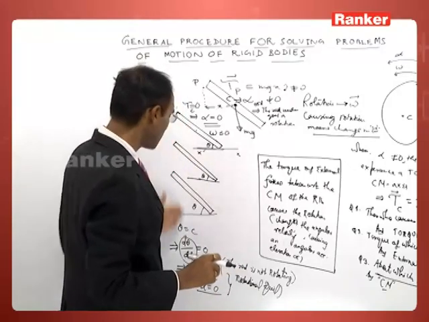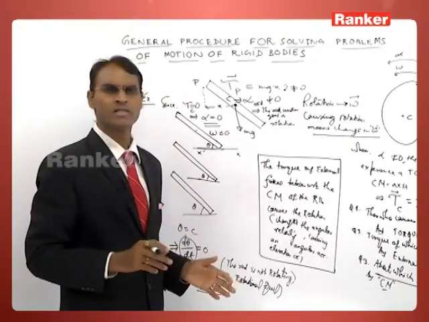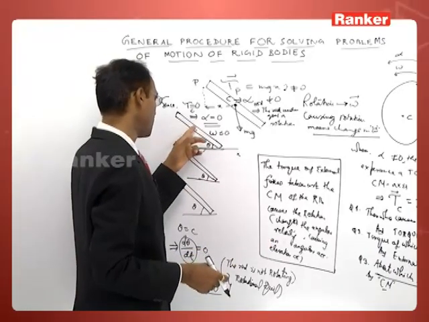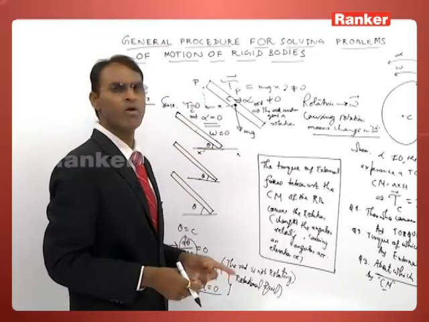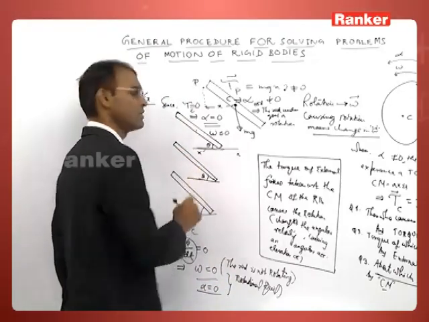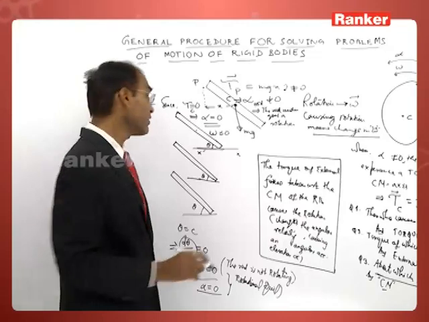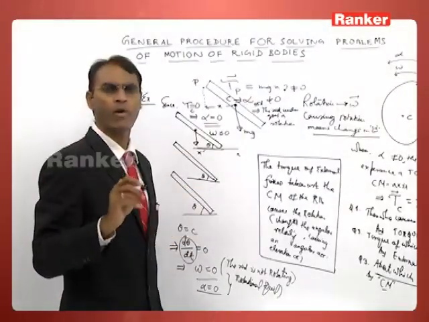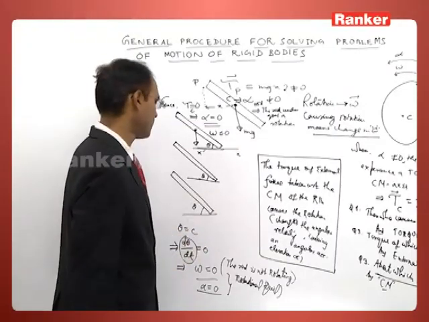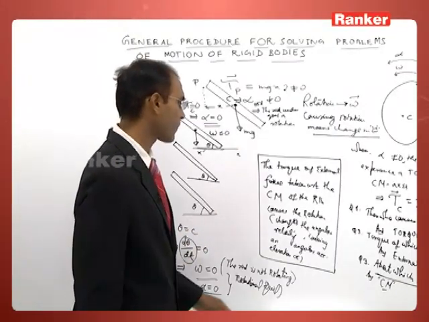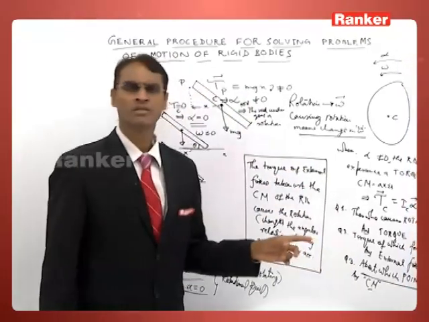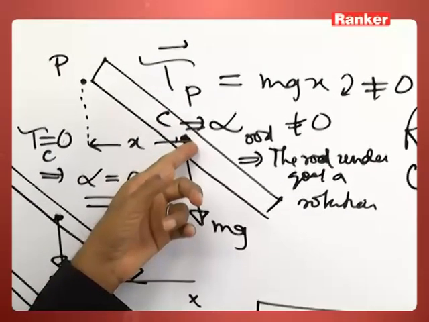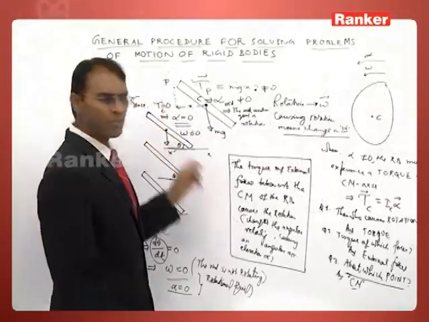But practically, when the rod is falling, it is not getting any angular velocity. Its angular velocity was 0 and will be 0 all along its motion, even though gravity is acting and producing a torque about some other point outside the rod. Therefore, gravity is an external force. Torque of the external force about any other point